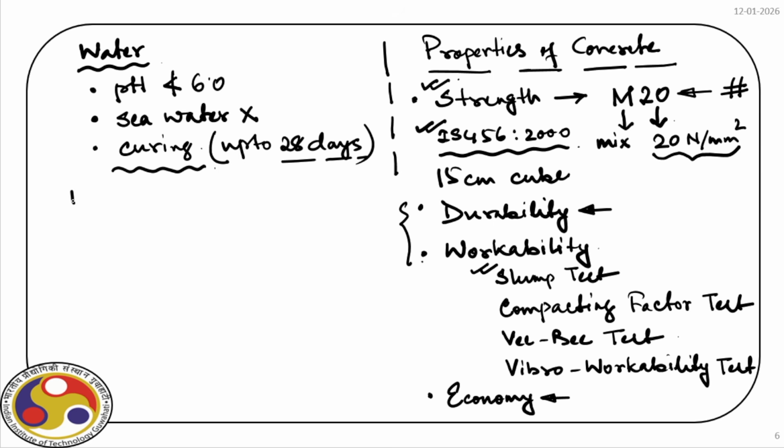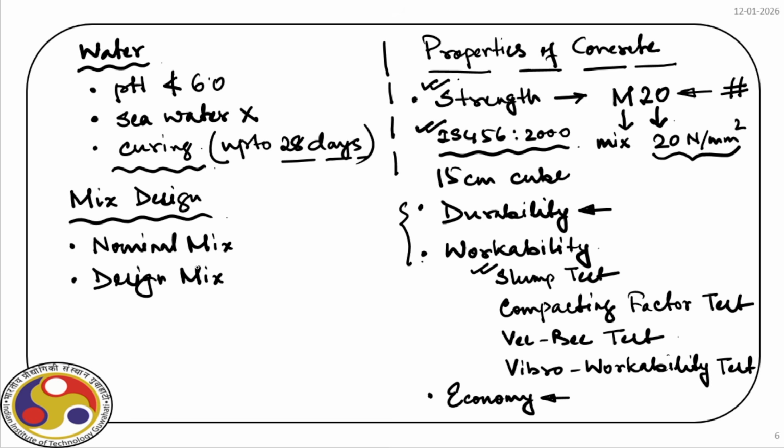Now when we say concrete, it has a certain ratio of cement, aggregate and water used to prepare the concrete. The first components mixed are cement, sand and gravel, right? Those proportions are designed, and that is called mix design of concrete. Now there are different options. There are 2 different mixes: one is called nominal mix and another is called design mix. So what is the difference between them?